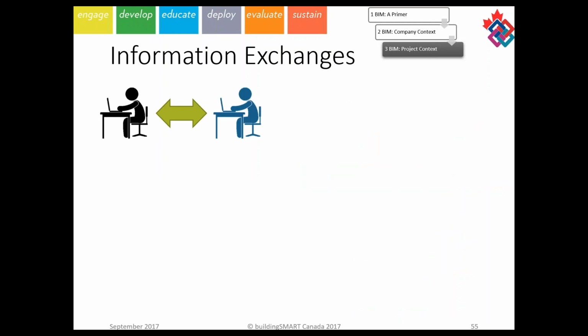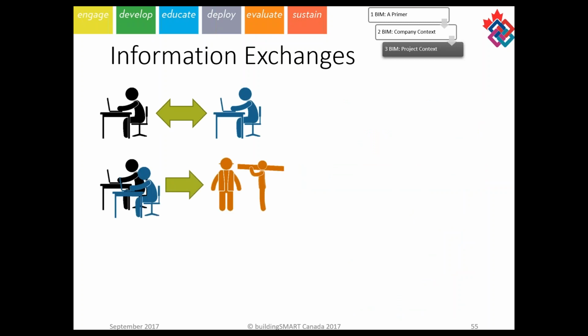Talking about information exchanges, one of the big keys here is looking at who is going to be the people you're exchanging with. Is it two designers exchanging information, at which point you may have one approach, versus designers exchanging information with constructors, where things are going to be different? There, the information may go more one way as opposed to back and forth iteratively. Is it the final handover to an owner who wants to use this? The participants behind the information exchange will actually